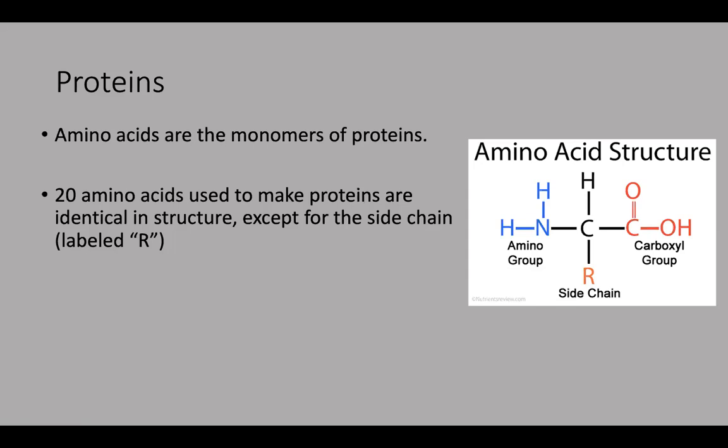amino acid. So the 20 different amino acids are each going to have a unique side chain, a unique R side chain. We're not going to talk about the differences in the side chains, just know that the R side chain is the part that differs between the amino acids. So here for you guys on Zoom, this R side chain is what's different between the 20 amino acids. They always have the amino group, they always have the carboxyl group, and then that hydrogen off in this case, the top. The R side chain is the only difference.